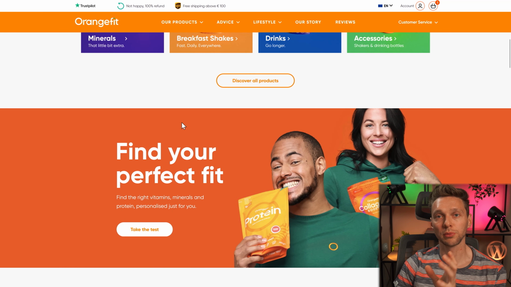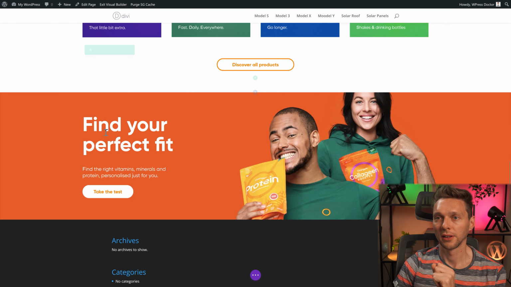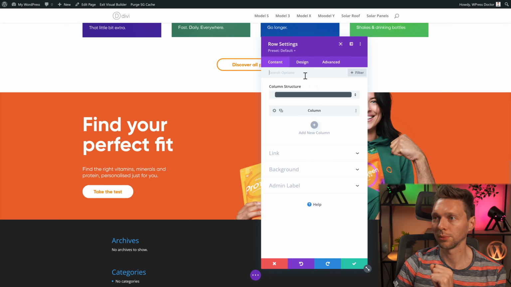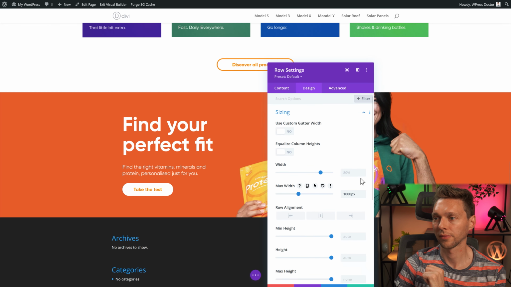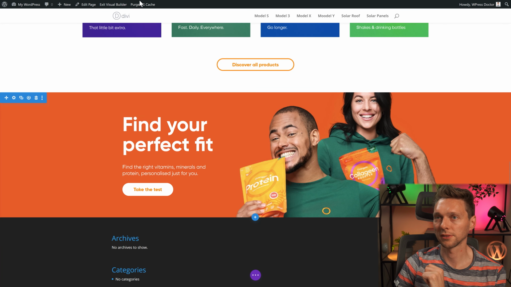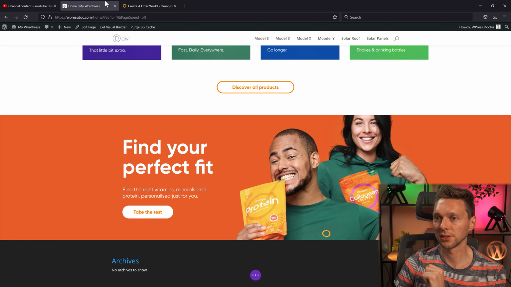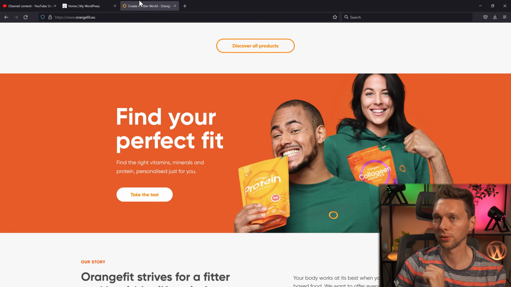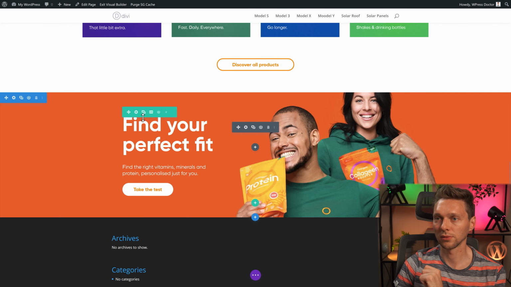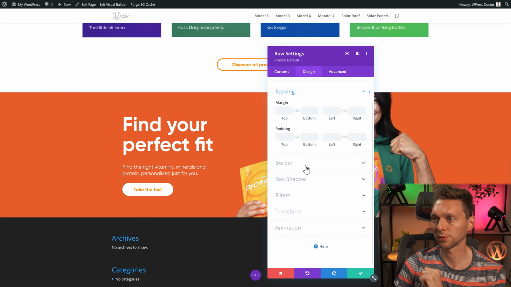And what they actually did to break the design a little bit is they changed the margin to more to the right. I really like this. So we're going to just do column settings. We go to design, we go to sizing, and we're just going to make it, for example, 1000 like this. Here, this is great. Then we see in the original there's just a little bit more space below and on top of it. So we go to the row settings, we go to design, we go to spacing, and we're gonna give it more margin on top and more margin on the bottom.